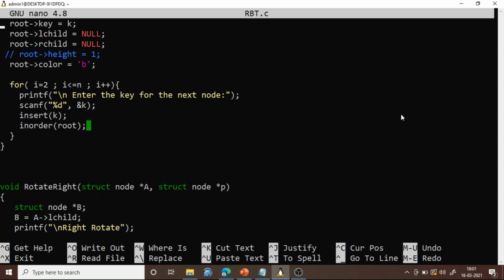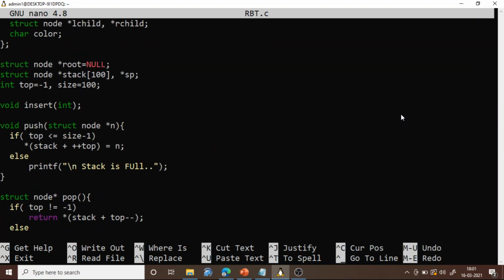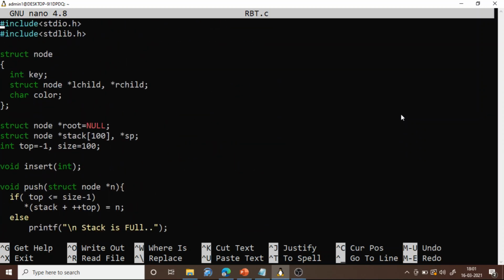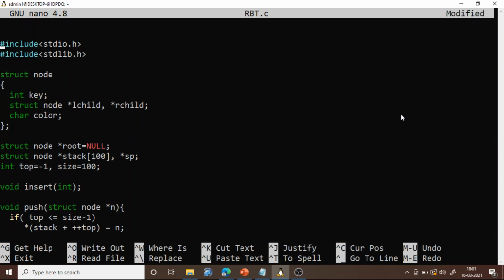Welcome. So the topic we'll be discussing in this lecture is implementing red black trees. Last class we discussed red black trees. I think for the past three classes we are discussing red black trees. We have discussed the introduction to red black trees, inserting a node into a red black tree, and also we have discussed deletion in a red black tree.